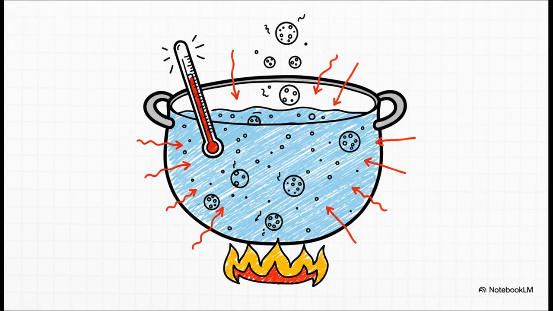So unlike evaporation, this is not just happening at the surface. It's what's called a bulk phenomenon, meaning it's happening everywhere inside the liquid. You're pumping energy into all the molecules at once, even the ones way down at the bottom. When they get enough energy, boom, they turn into gas right there, and that's what forms those bubbles. It's fast, it's violent, and since you're just adding heat, there's no cooling effect whatsoever.